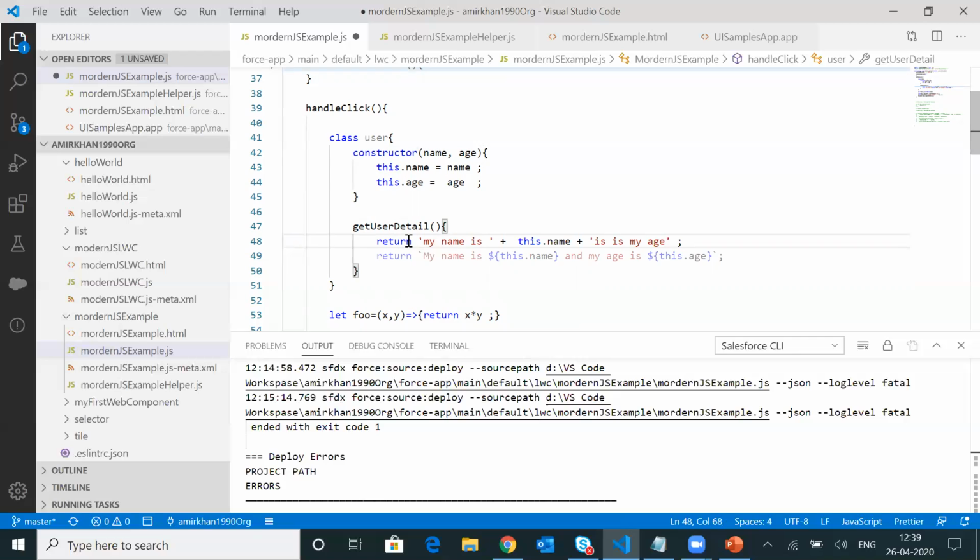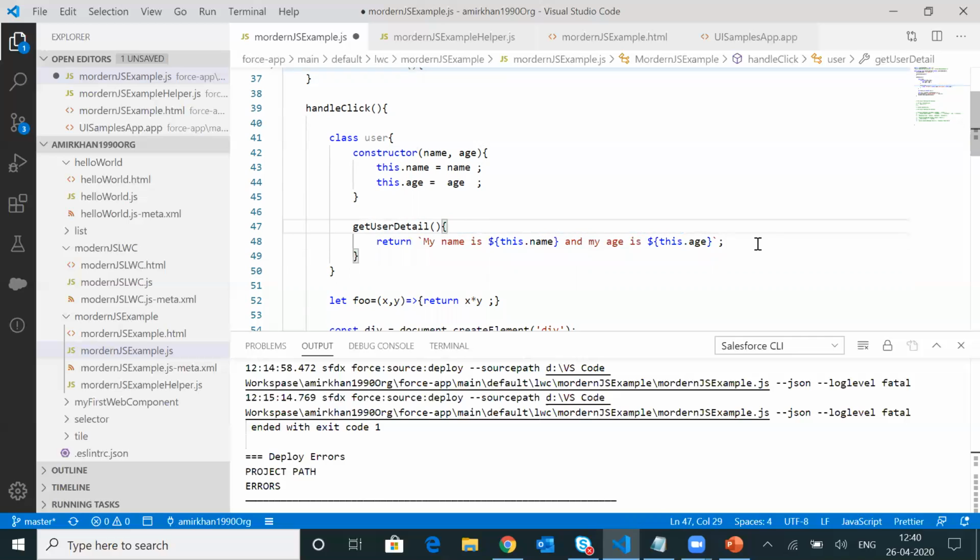If you have lots of variables, you will not be able to figure out where to close the single quote and where to add the operator. With a large number of variables, you will get confused. So version 6 JavaScript made this very easy, and made the developer's life easier to tackle this kind of situation. This is one more thing that I wanted to add.